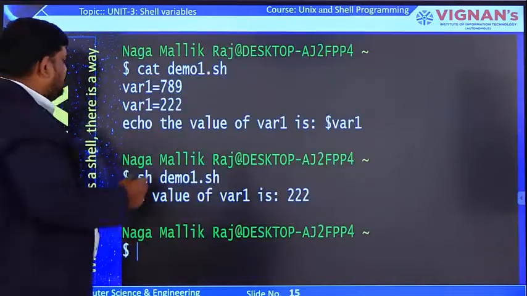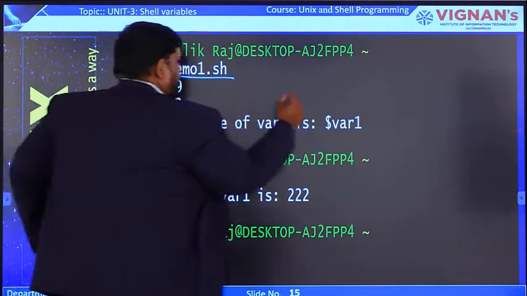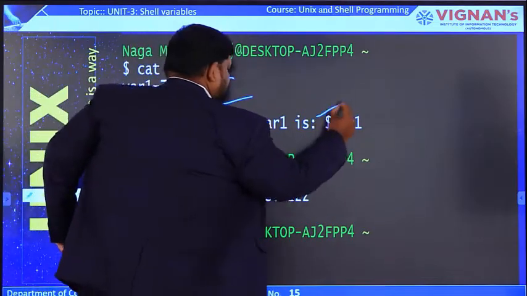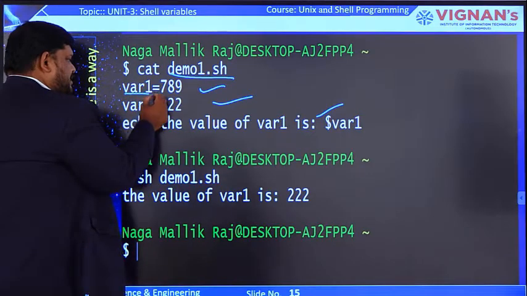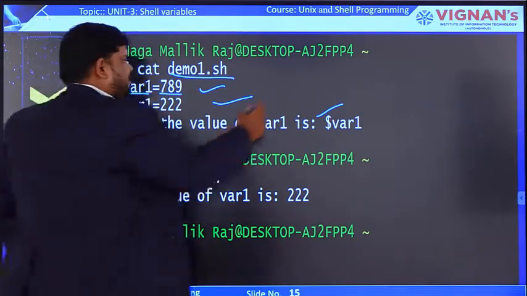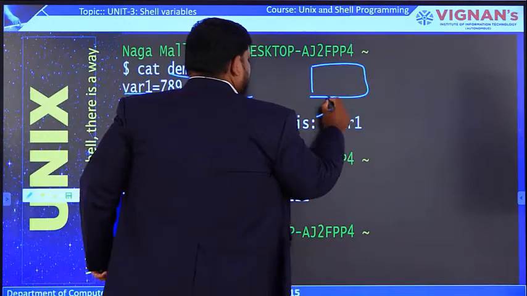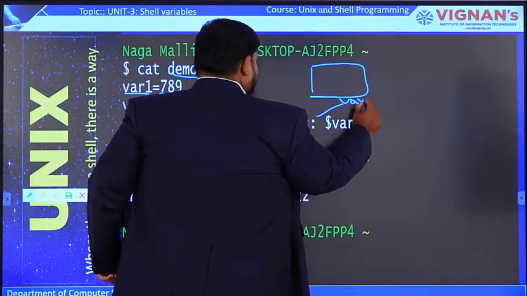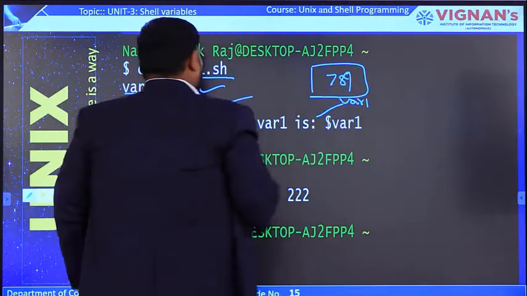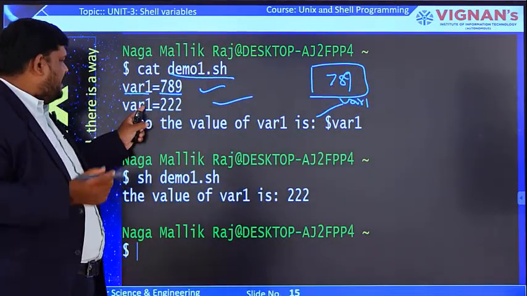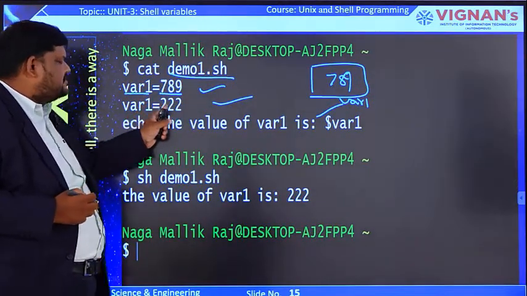Now let us see it another way. Consider this example. This is the program name. These are the three statements present in that program. Here var1 is assigned 789. Assume the variable name is var1. First it stores 789. After that, in the second statement, I write var1 is equal to 222.